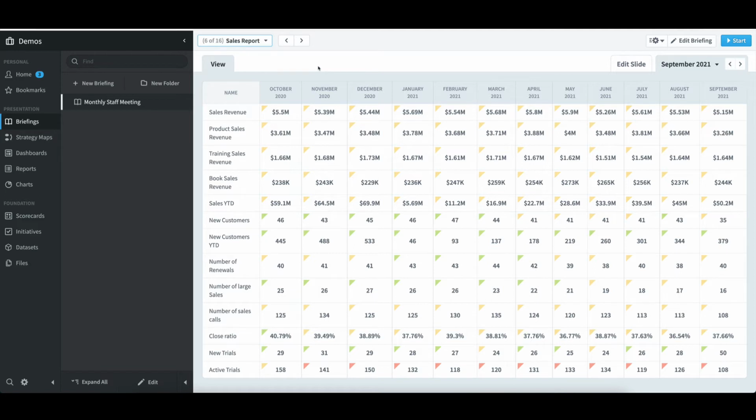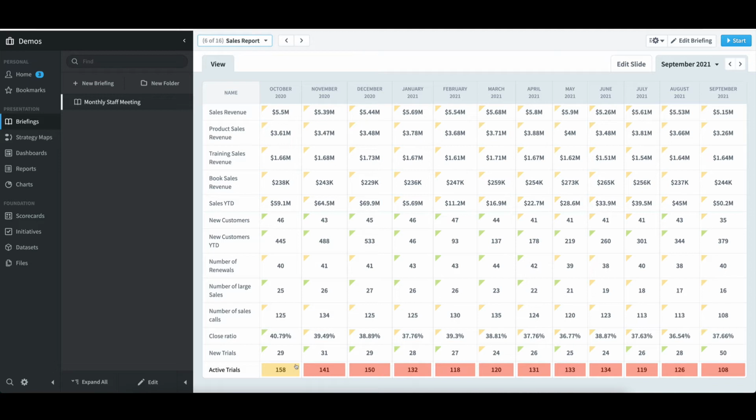I can see the color impact in the sales report. If I scroll to the bottom, and thanks to the color, I can see that active trials has been in the red 11 months in a row, and certainly an area of concern. Okay, with that, I'd like to take a step all the way back and discuss the concept of normalized scoring